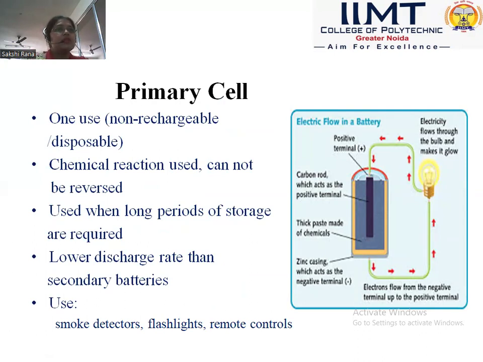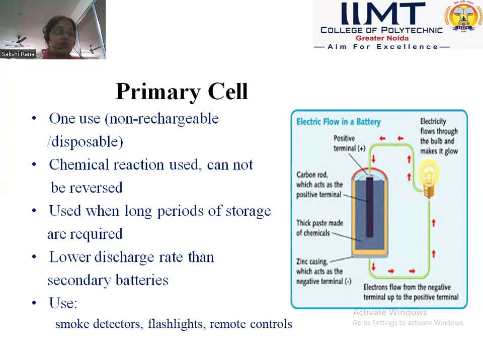Basically in the battery there are two types of cell, right? Primary cell or the secondary cell. This is the block diagram of the primary cell. One use, non rechargeable, disposable. Primary cell क्या होता है, primary cell is used for once. It means कि हम जो भी प्राइमरी सेल होता है उसको सिर्फ एक बार ही यूज कर सकते हैं, राइट।